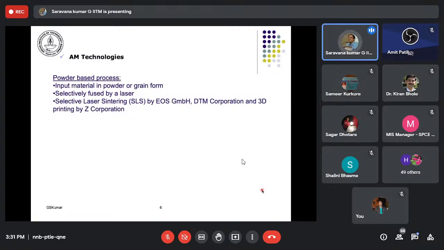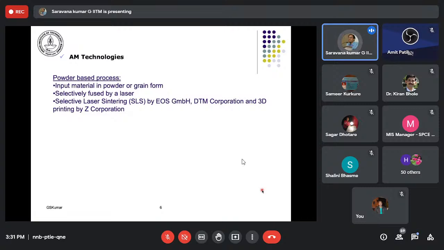So when it comes to materials, generally we have three classes of materials to start building. We can start from powders, we can start from liquid, and we can start from solid as well. Many of the processes that use powders essentially started as SLS systems, or what we call selective laser sintering.